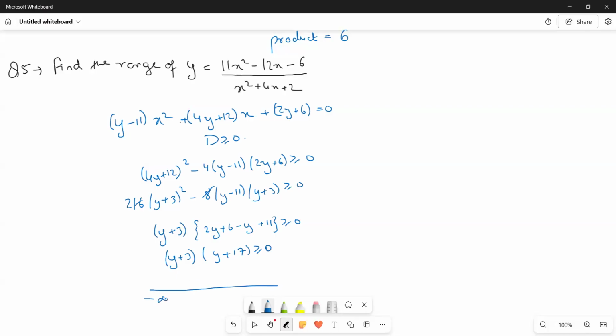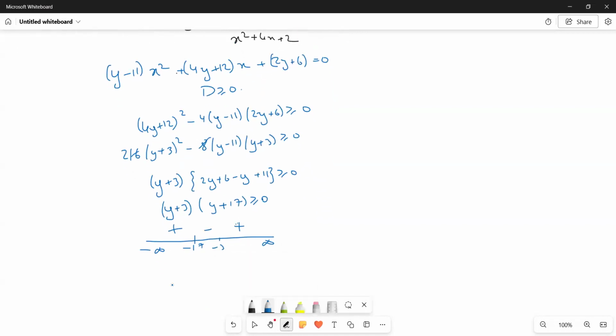Wavy curve: minus infinity, infinity, the roots are minus 17 and minus 3. And since it's an upward opening parabola, the wavy curve will be minus, plus, minus, plus. Now look, we need positive values, so the answer of this would be y lies between minus infinity to minus 17 union minus 3 to infinity. Now, one more check needs to be done, which is for the coefficient for which this becomes